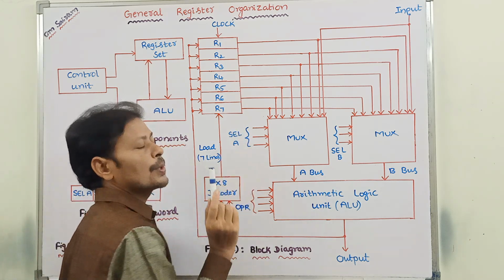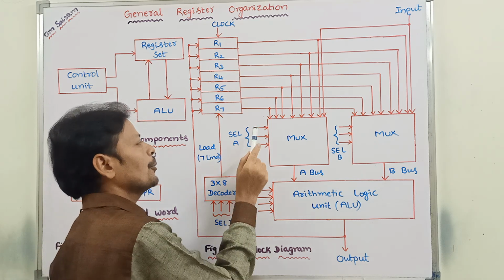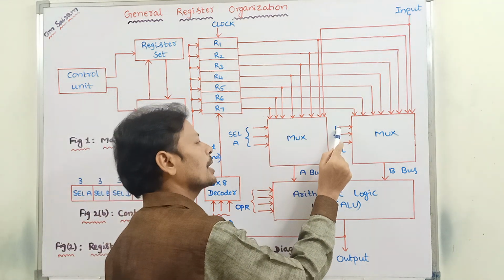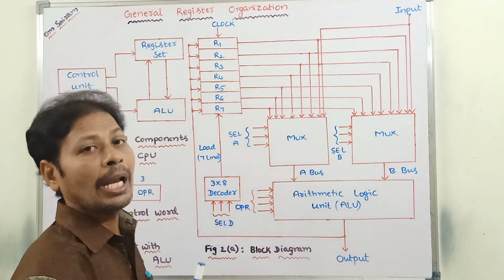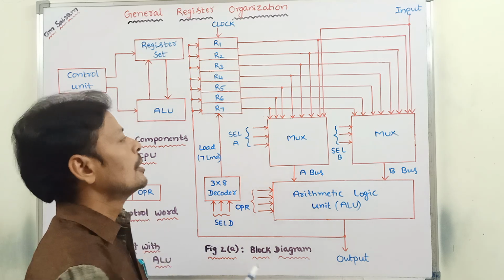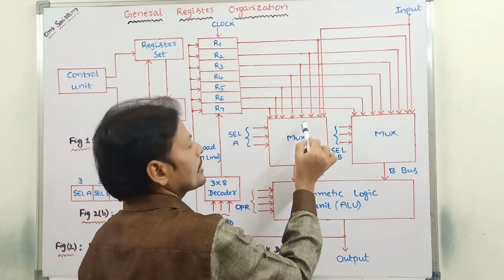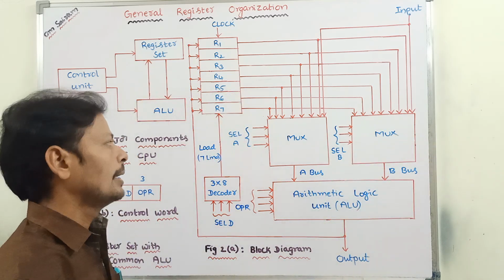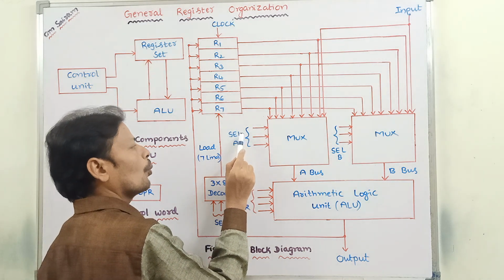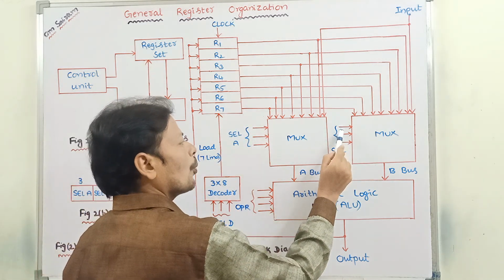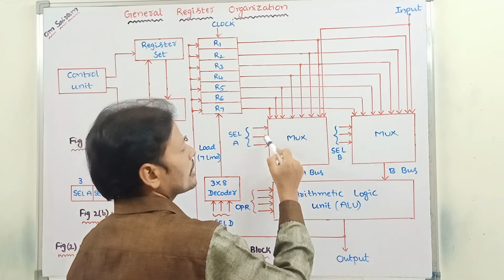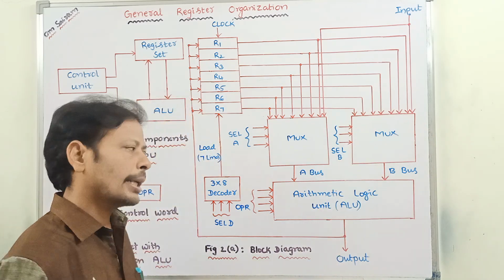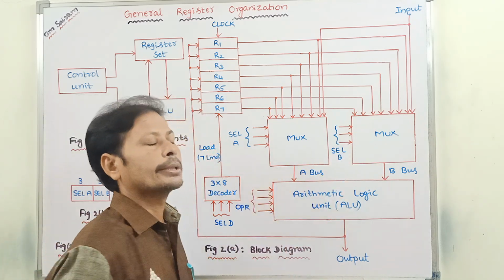Whenever the selection inputs of multiplexer A are 0, 0, 1 and the selection inputs of multiplexer B are also 0, 0, 1, the R1 register is selected. Here also the R1 register is selected. In the same way, with 0, 1, 0 and 0, 1, 0, the R2 register is selected here. Here also the R2 register is selected. That can be passed to the arithmetic